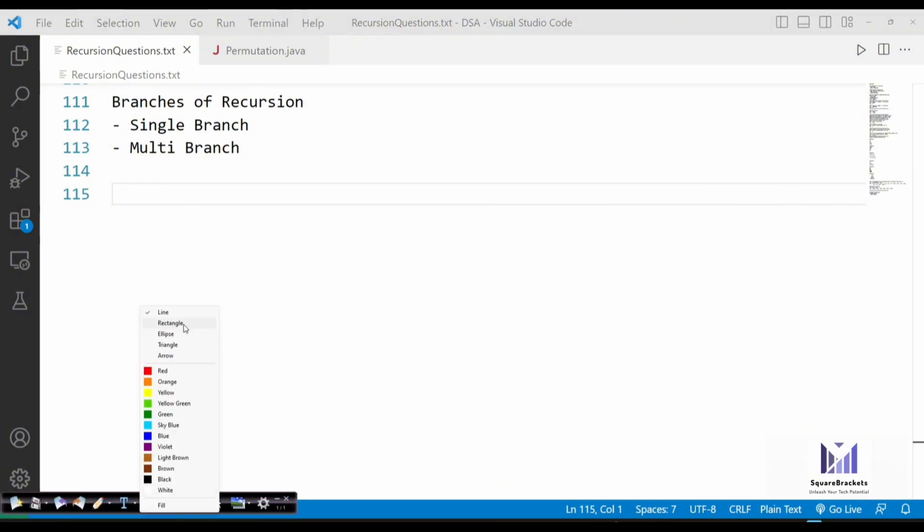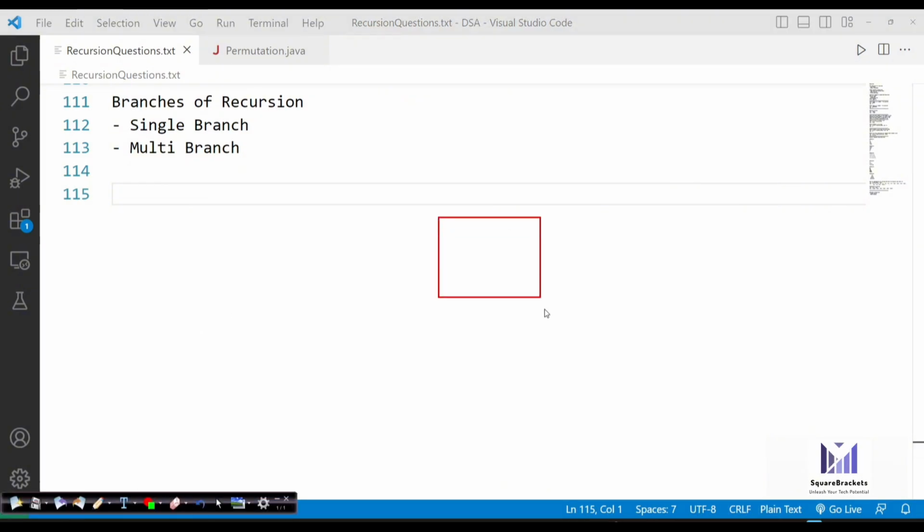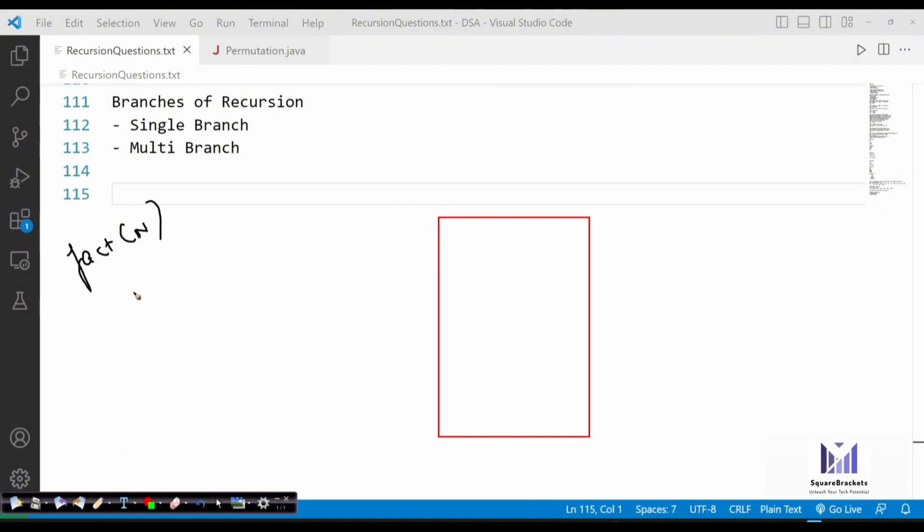In single branch, we have one single stack. Let's say the question we were talking about, the factorial of a number. In the factorial program, we had fact n. Inside our stack it goes fact n, then this calls fact n minus 1 into n.